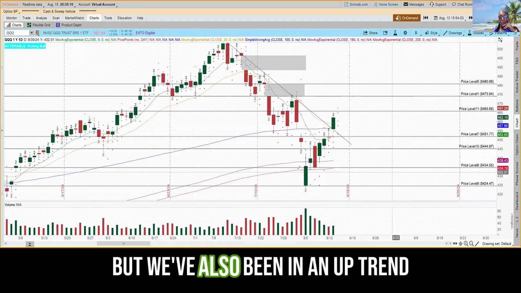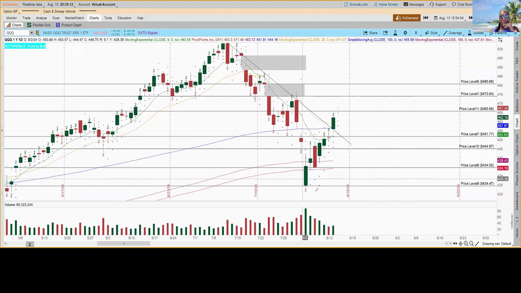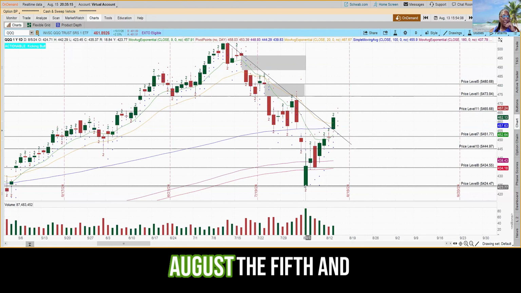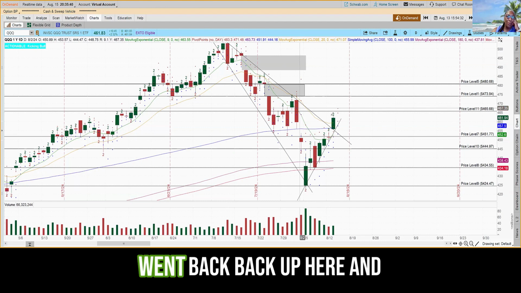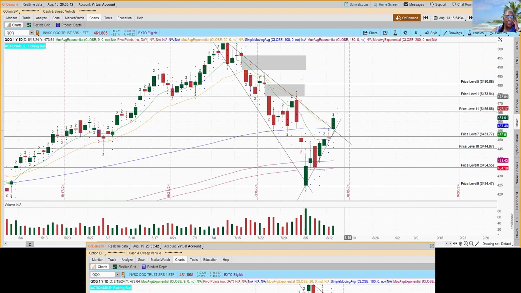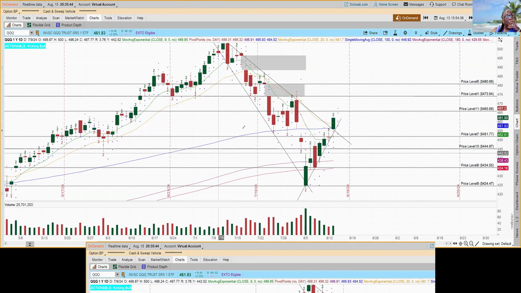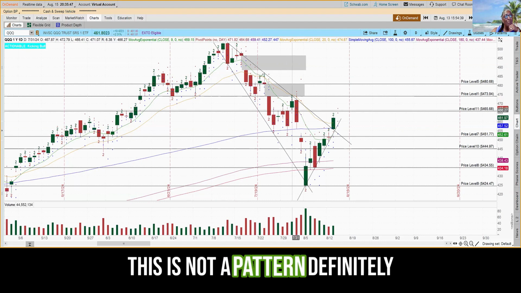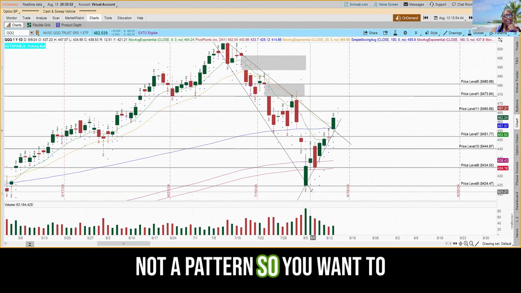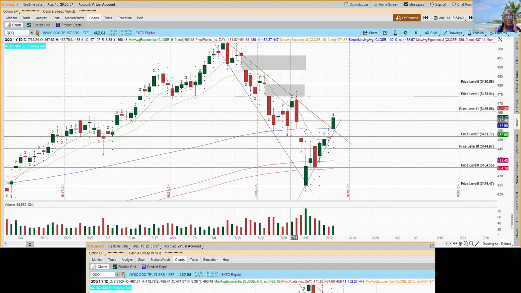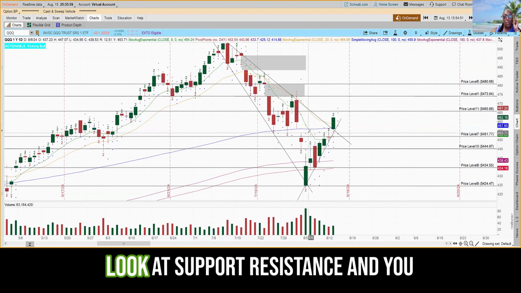But we've also been in an uptrend since August the 5th. Drop in here. This is a trend, and then we went right back up here. This is not a pattern. Definitely not a pattern. So you want to think about the trend, you want to look at support and resistance,